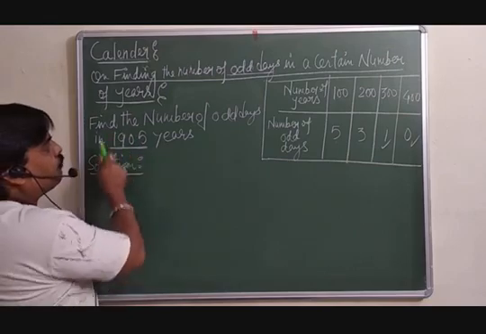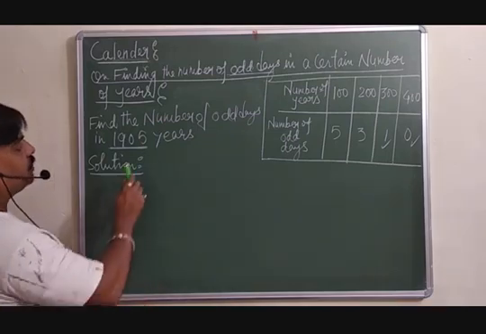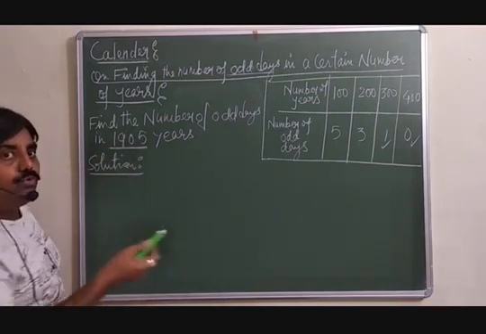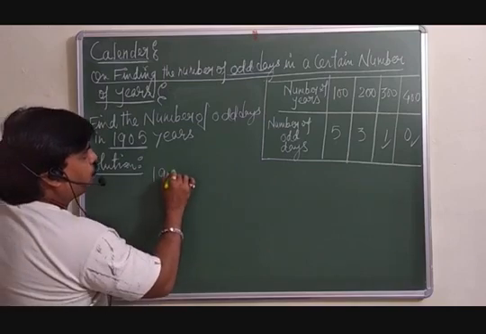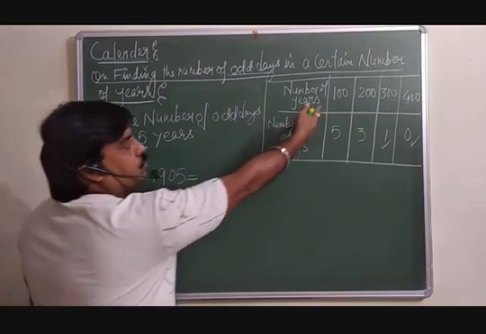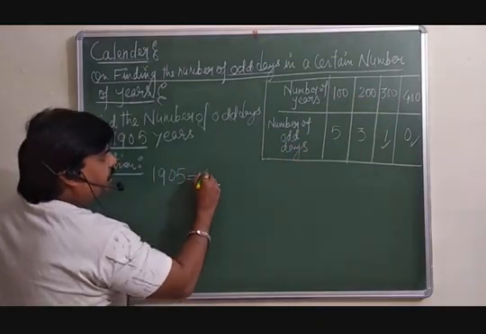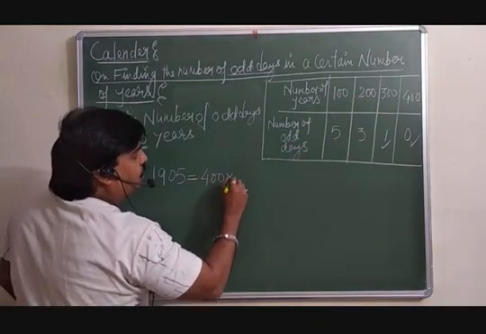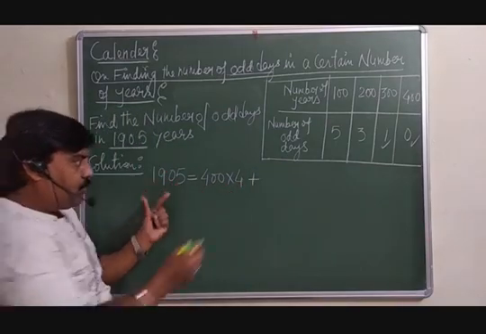तो इसमें जो number of odd days आएंगे that 2 will come. Then how come to know? वो later on we will discuss. लेकिन we will calculate कि two odd days कैसे आ रहा है. Look at here now. So this 1905 you can break according to this. Remember, 400, इसको हम लिख सकते हैं 400 into 4, that is equal to what? 1600. 1600 इसमें आउट किया तो कितना बचेगा?